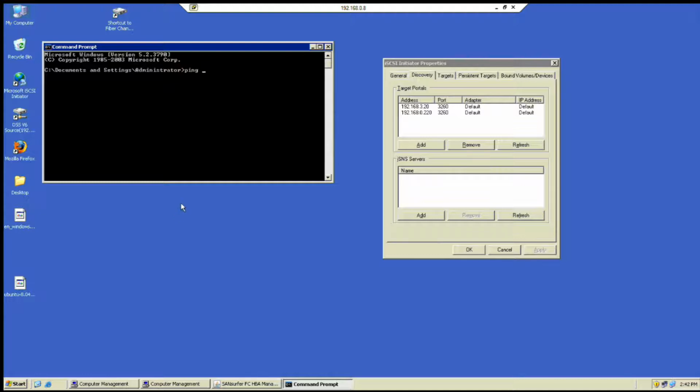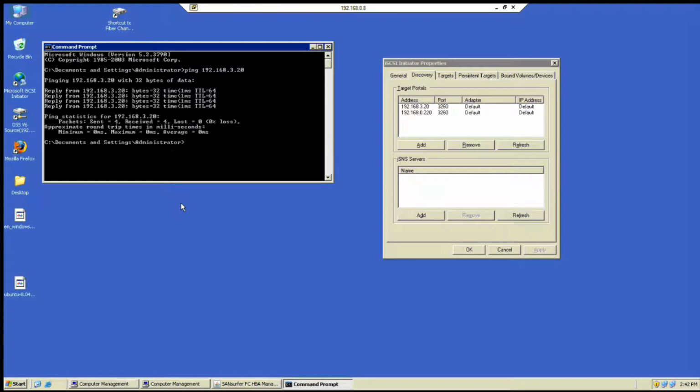So let's connect with our iSCSI so we can see what's going on, and I'll come back to your speed for connection. On the Windows system, what we want to do is come back here and make sure that we have 3.220, and 220 is our virtual IP address. Typically what I like to do is ping before I start. I just want to make sure, and I recommend you do this, that way you didn't have any communication issues. I had issues last night.